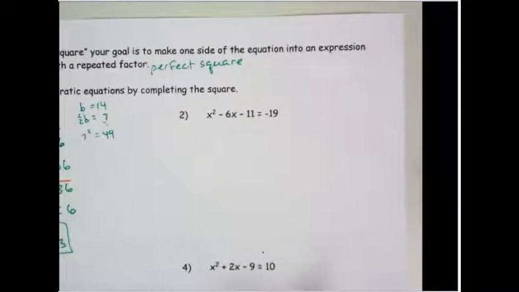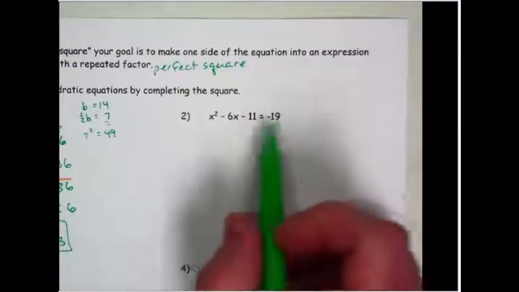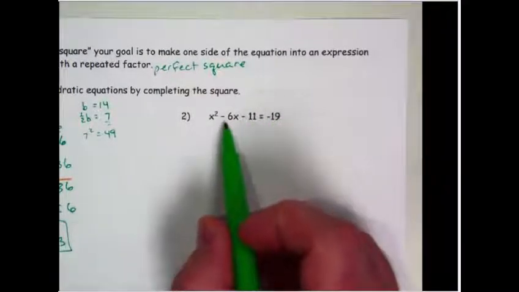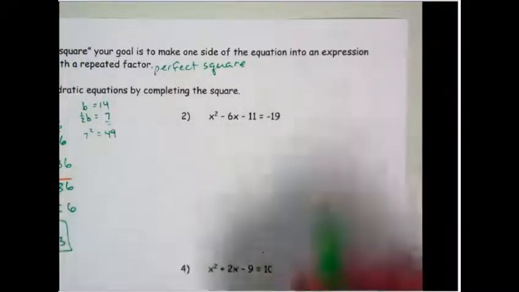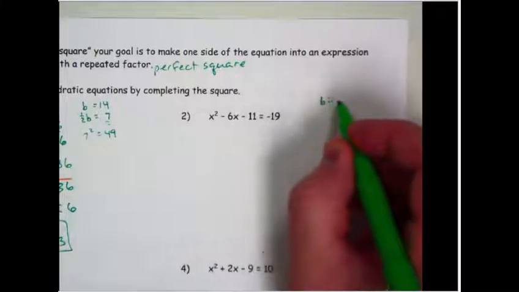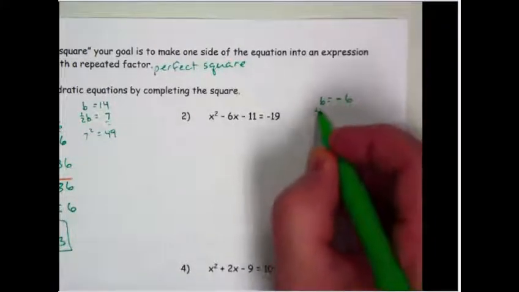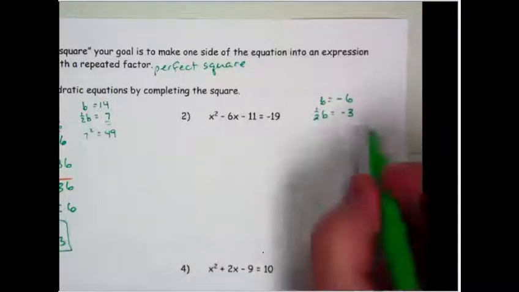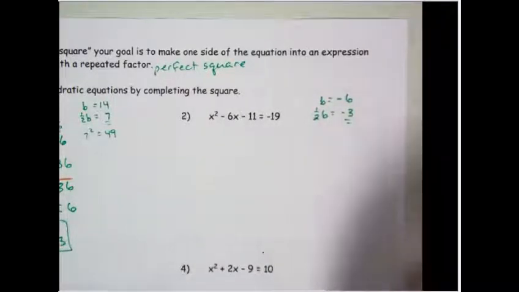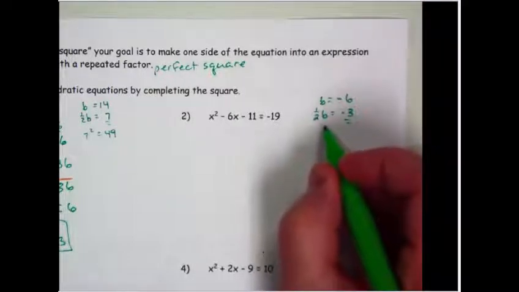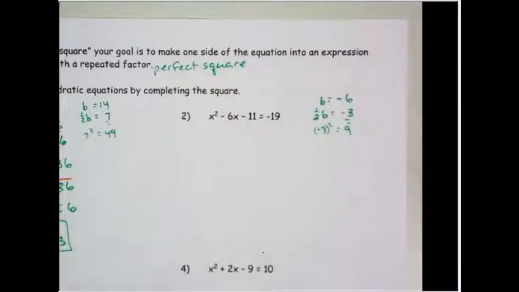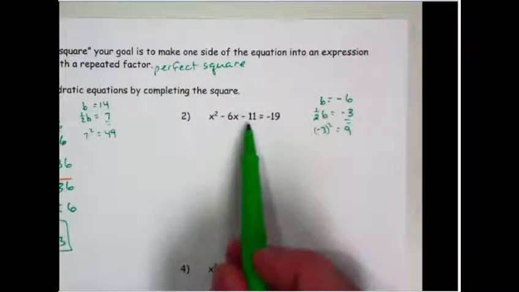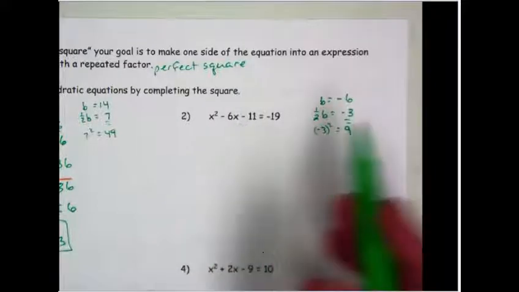If we take a look at this, I want to complete the square. The numbers that multiply to 11, negative 11 that add to negative 6, there aren't any. So I'm going to go through this process. The b value is negative 6. Half of the b value is negative 3. Now I'm going to square that number. Negative 3 squared is positive 9. So I want that negative 11 to really be a positive 9. We want to make